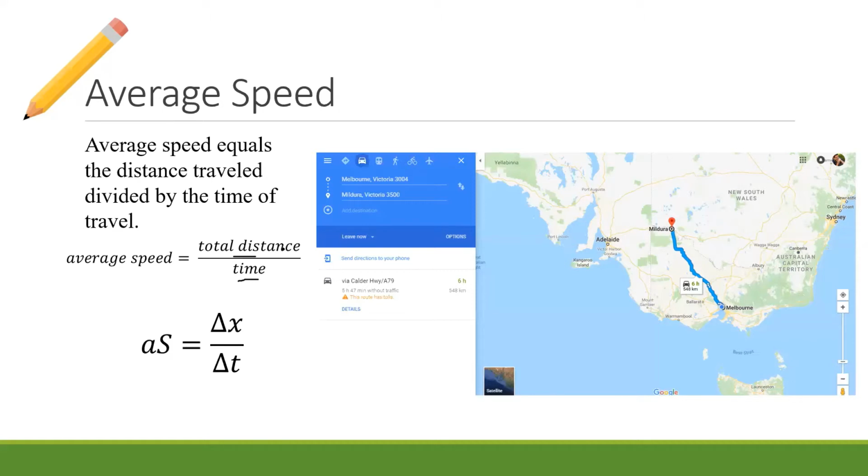Now, there's a pencil here, so I'd like you to copy this stuff down. But while you do that, I'll talk to you guys about this picture here. Now, averages are interesting. I always like exploring the idea of averages because, I know I definitely did, when I was younger, we would learn about average and mean and median and mode, and I'd always think, why the heck do we need to know about median and mode if average is the best one?